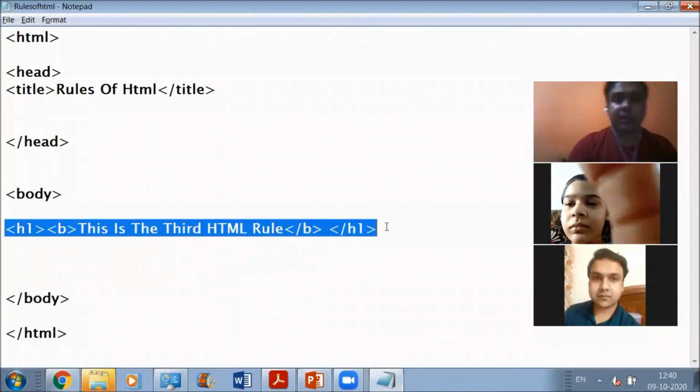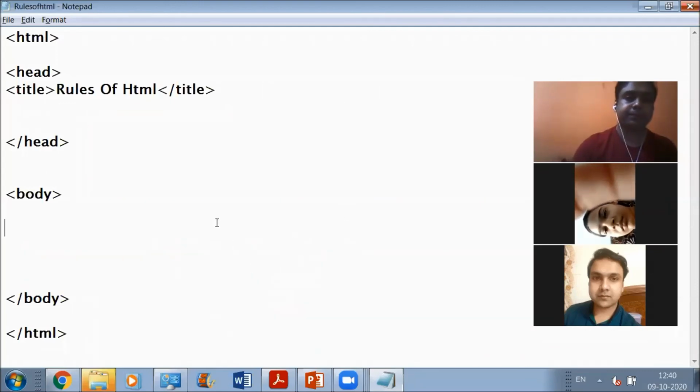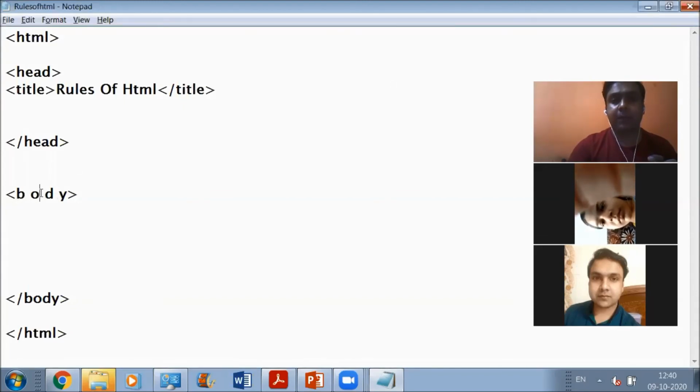Now let's understand rule number 6. As per rule number 6, please make sure that you don't give any space in between the name of the tag. Okay, this is the body tag, and if you give any space in between the letters of the name of the tag, then it may not give you the desired output.